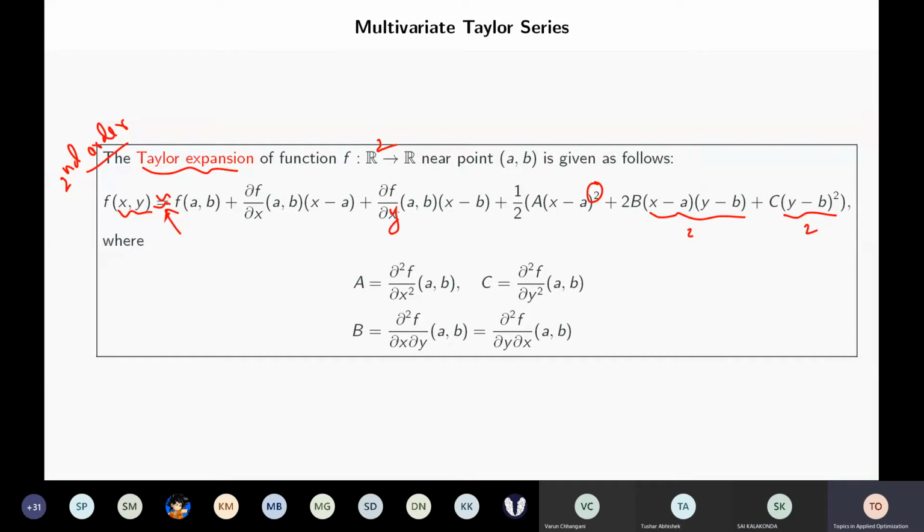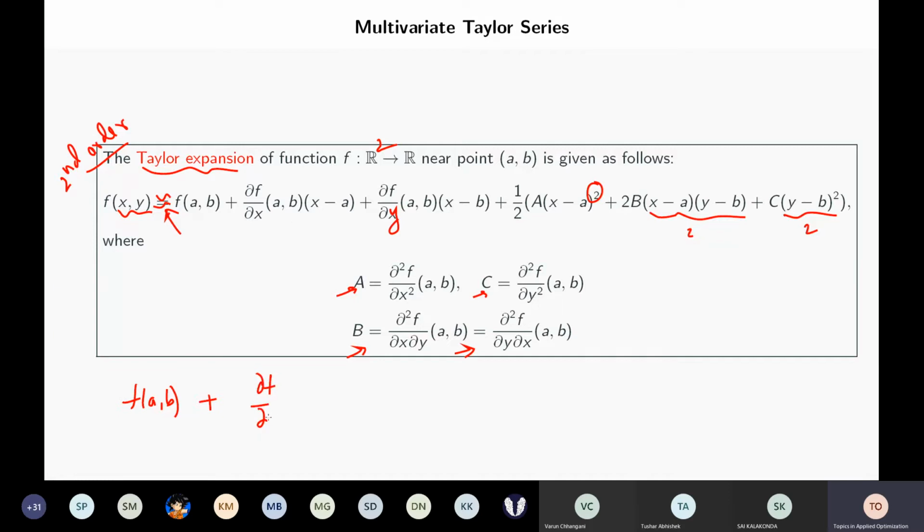So this will be the second order approximation, let us say. And then we wonder what these terms are here. In the last class I also mentioned, these terms can be written as a Hessian. So we can write this compactly as f(a, b) plus